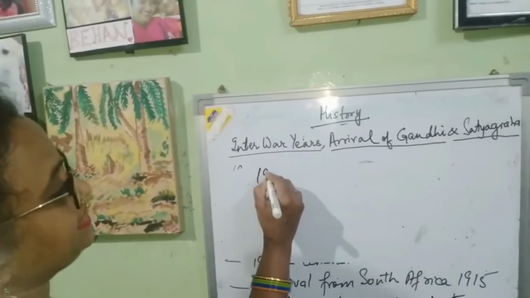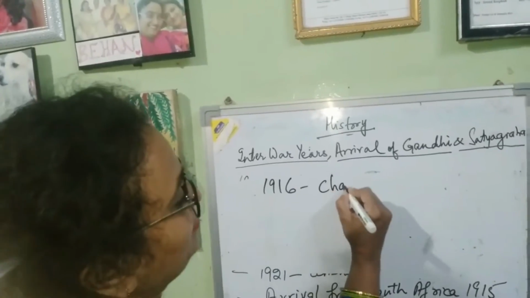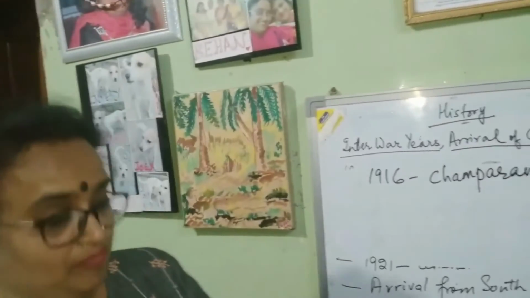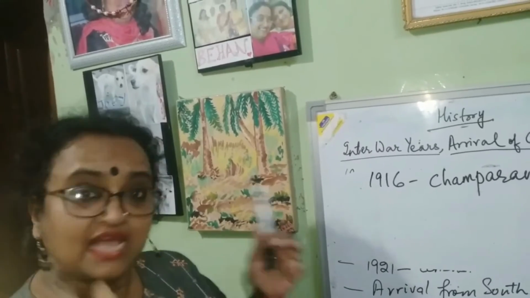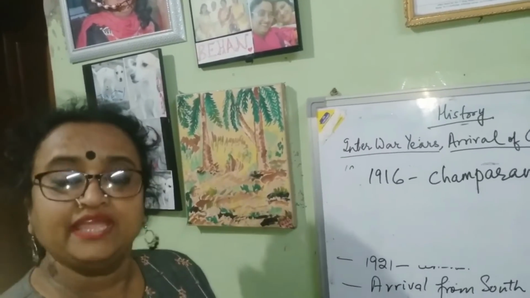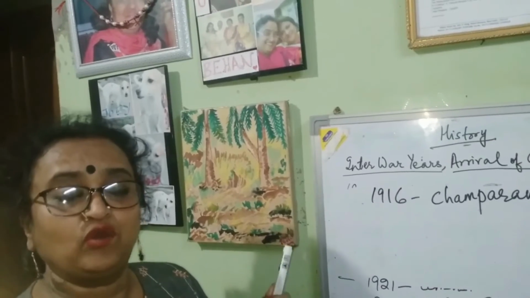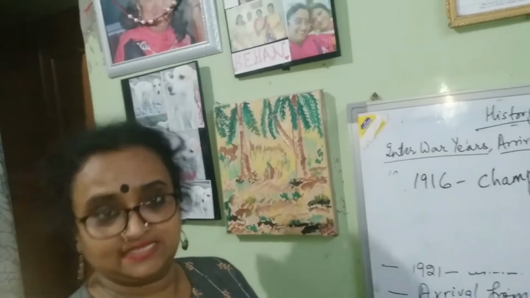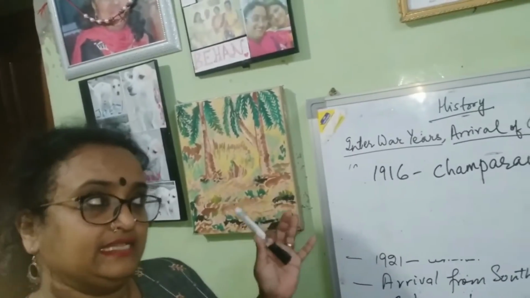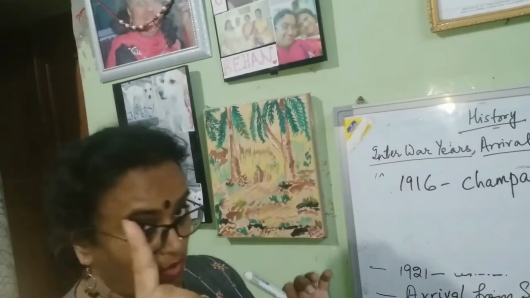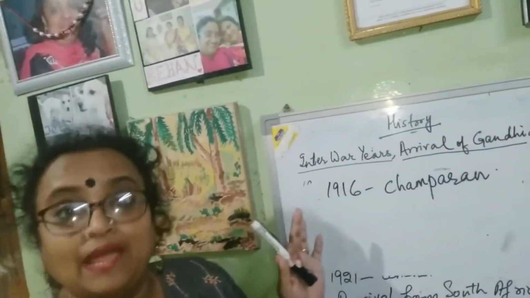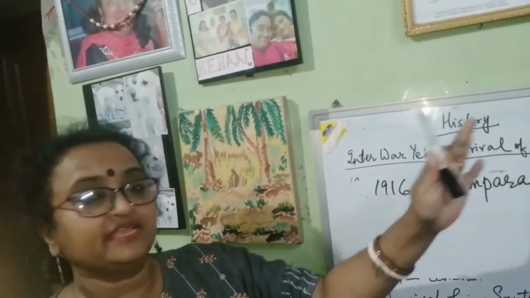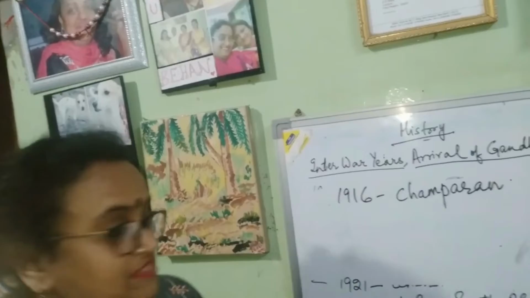So in 1916 only, he visited Champaran, where indigo planters, the kisans that were working in the plantations, were suffering from heavy tax burden and they were paid very less. So they had organized a satyagraha campaign under Gandhiji in 1916 in Champaran. Now remember that this is also important for map. You may be asked that mark the place where 1916 satyagraha was organized by Gandhiji. Similarly,